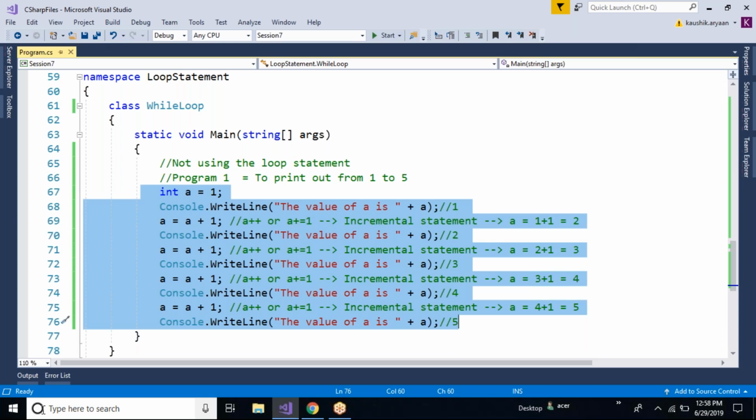Now, we also say that if a programmer has written more lines of code to arrive at a particular design, the programmer is not considered good. A programmer is considered good when you get the desired result with minimal code. So there's a question out here. If you read the question,